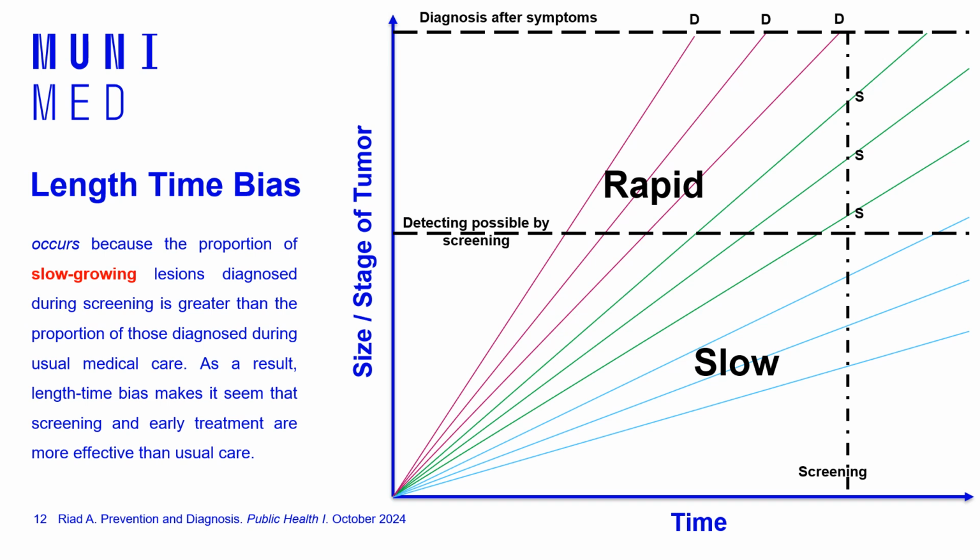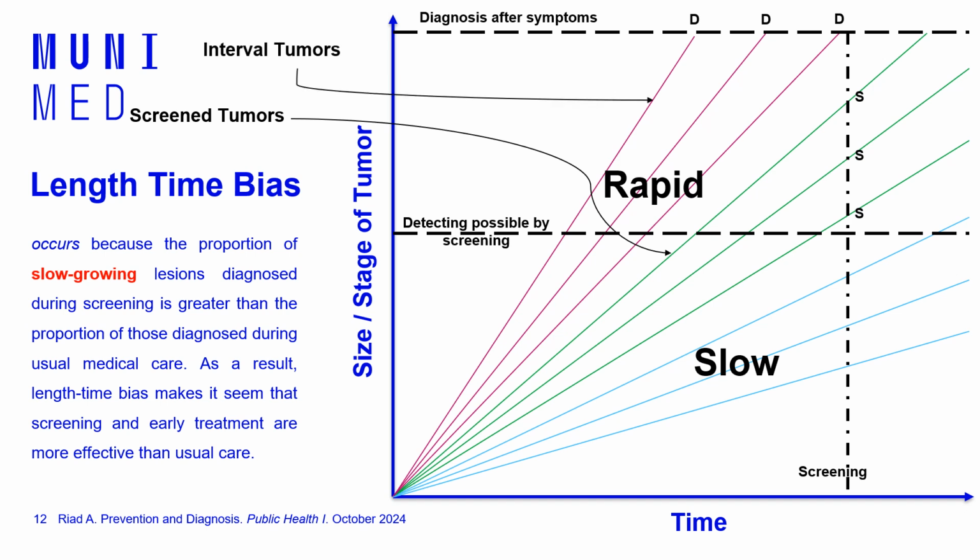So what we can learn from this example is that screening usually captures the less aggressive cancers, because the more aggressive cancers are usually found by normal diagnosis or active diagnosis. That's why the green ones, which are the screened tumors, have a better prognosis because they are slower than the worse ones, which are called the interval cancers or the interval tumors.